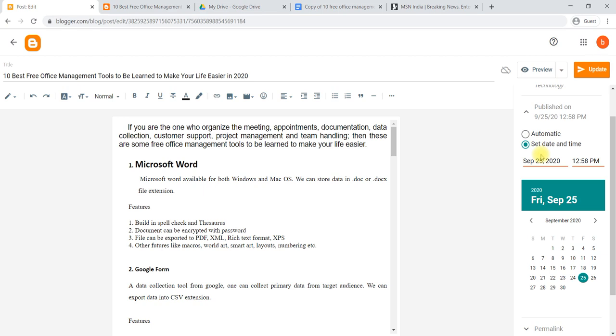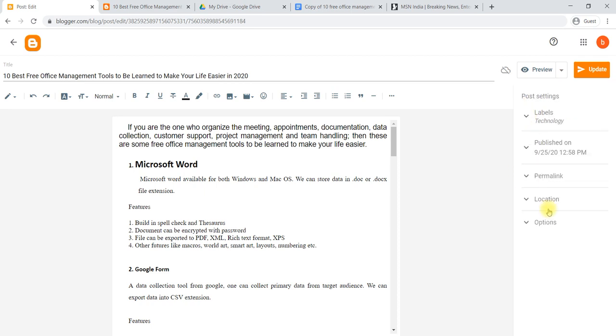You can set tomorrow evening or the day after tomorrow evening, like that, so that it will be a scheduled post. Here you can select the date and time to make that particular post available online. That's about post publishing settings.